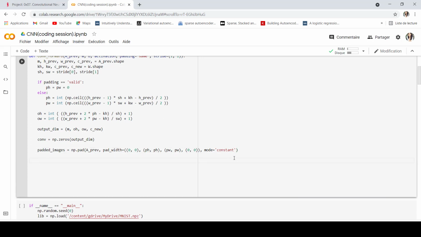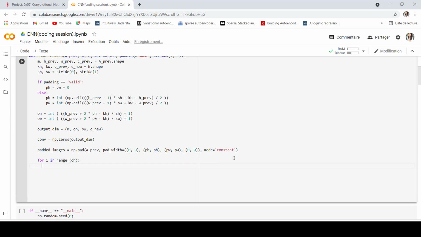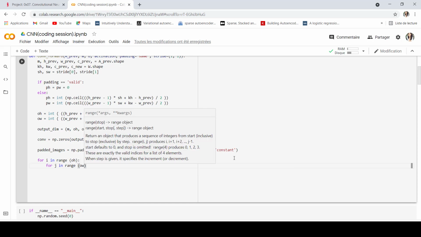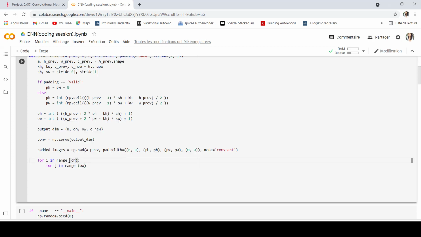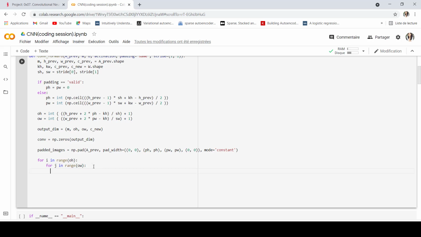Now let's move on to the convolution part. The first loop will be over the height, so here the OH, the height of my output. The second will be for j in range the width.